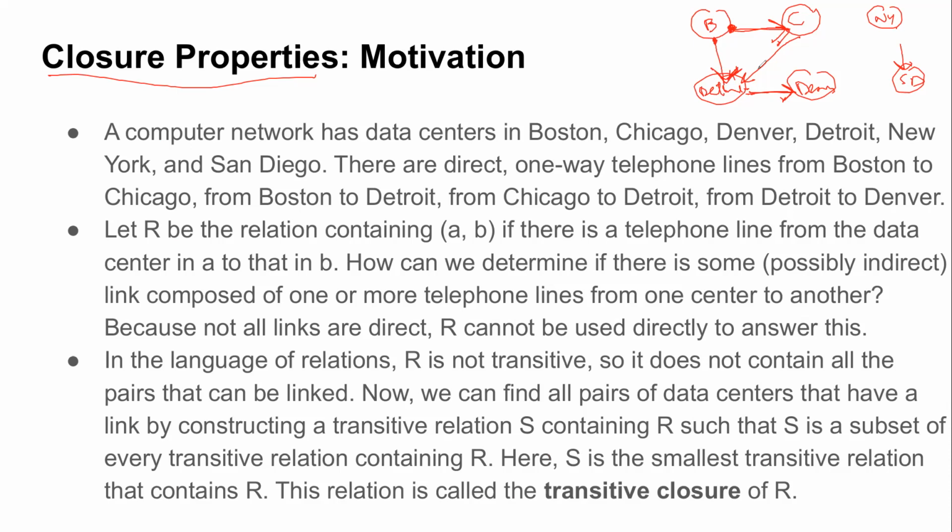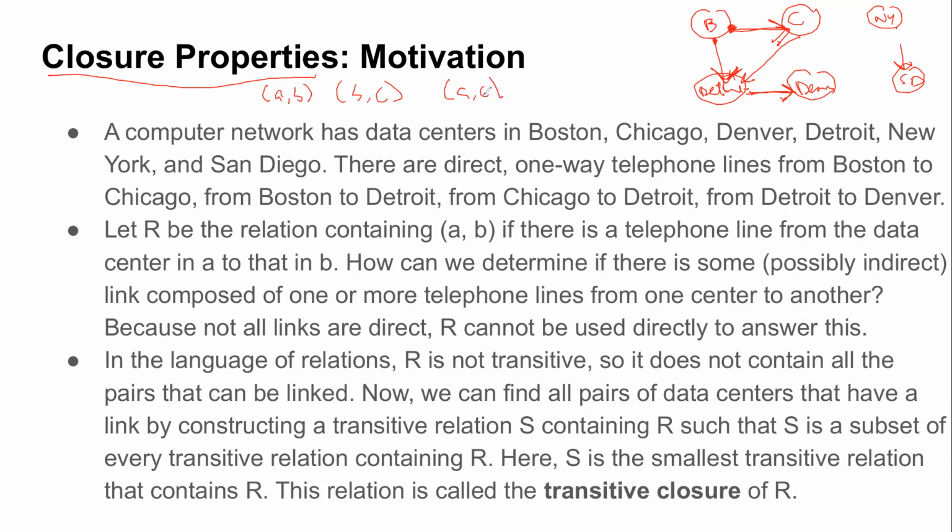But if you only listed the pairs as the direct edges, then you cannot say whether the particular line is there or not. Now, if I have to answer whether these indirect lines are present or not, what kind of property do I require? Out of all the properties I studied, reflexive, symmetric, transitive, which property do I require if I want to find these indirect links? Excellent. Transitivity, right? Because a transitive relation relates different sets and finds their indirect links.